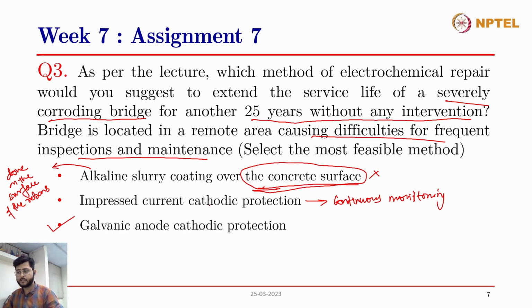The current demand has to be met by drawing the electrons from the titanium mesh, and therefore a lot of monitoring is required, and all the time you have to maintain the voltage so that the current demand that is being generated is being met. So, due to the continuous requirement of